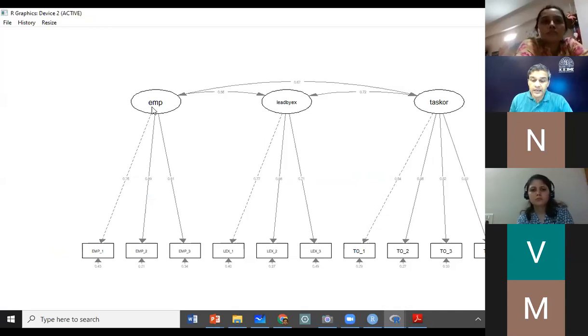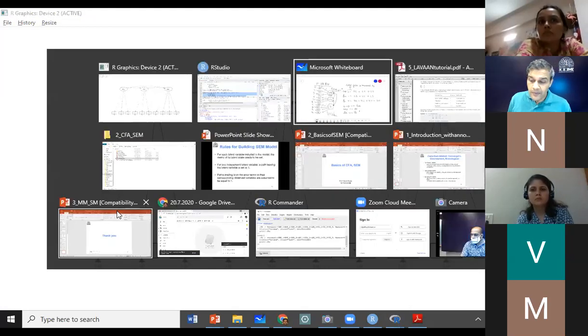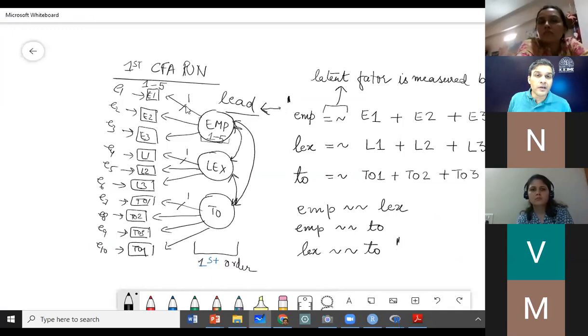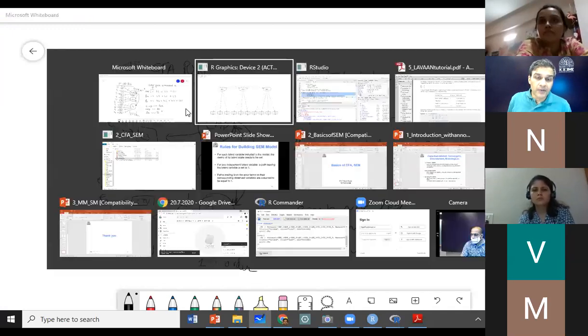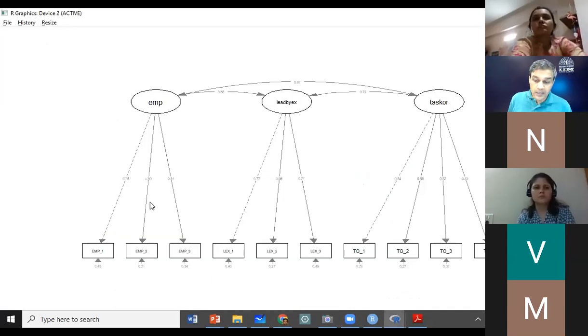You see, we are getting EMP, lead by X, and task orientation. Why do you see a dotted line? It is only telling you that this path, this item has been constrained to 1.